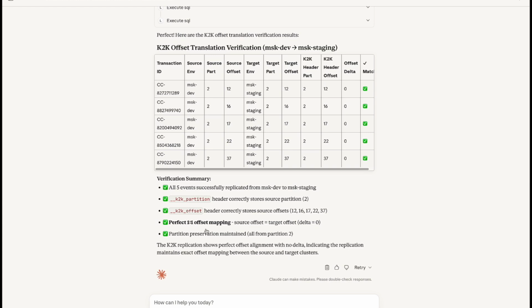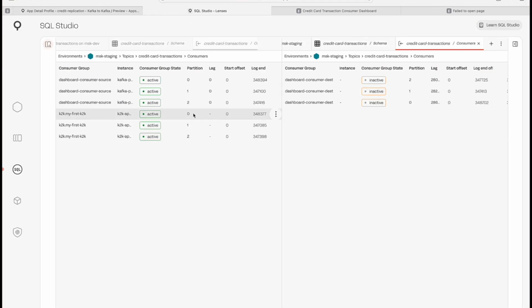So now I am actually ready. My 3 consumers have no lag. So I'm ready to actually do the cutover between my source cluster and my destination cluster. So the very first thing I'm going to need to do